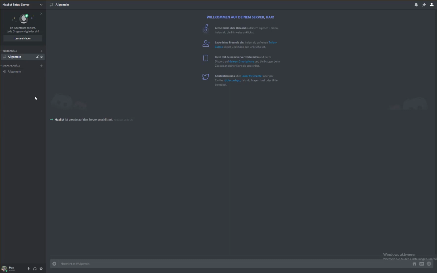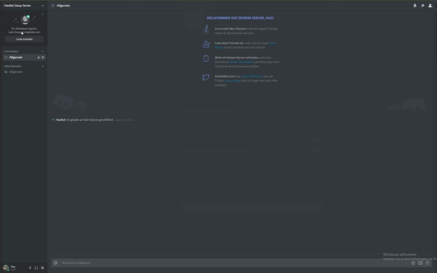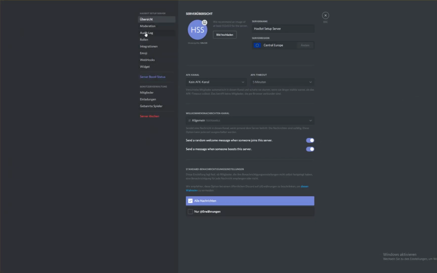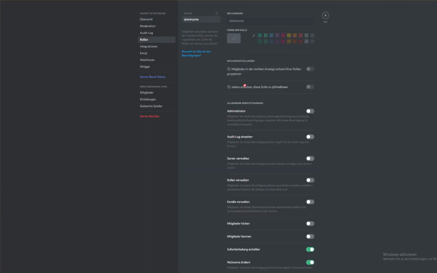So first of all, I've already added HaxBot to its server. You will receive an invite link once you subscribe to it. First of all, we need to set up a role which is used to authorize only the people you want, or you want to give permissions to actually do changes and stuff. So first of all, just add a role,